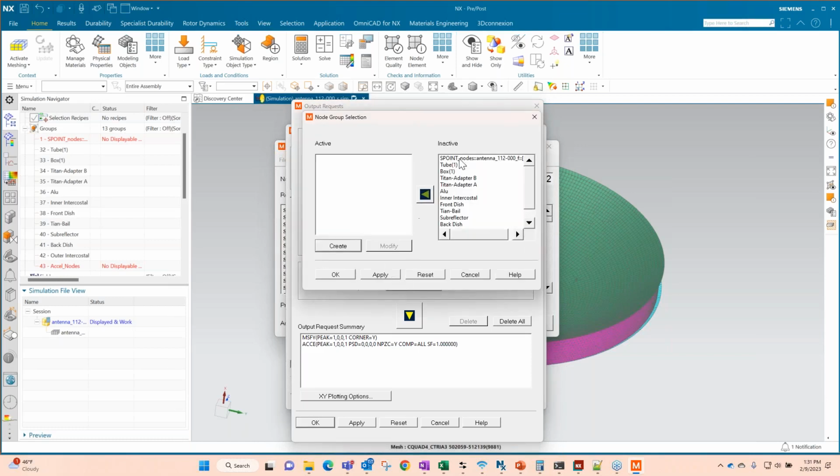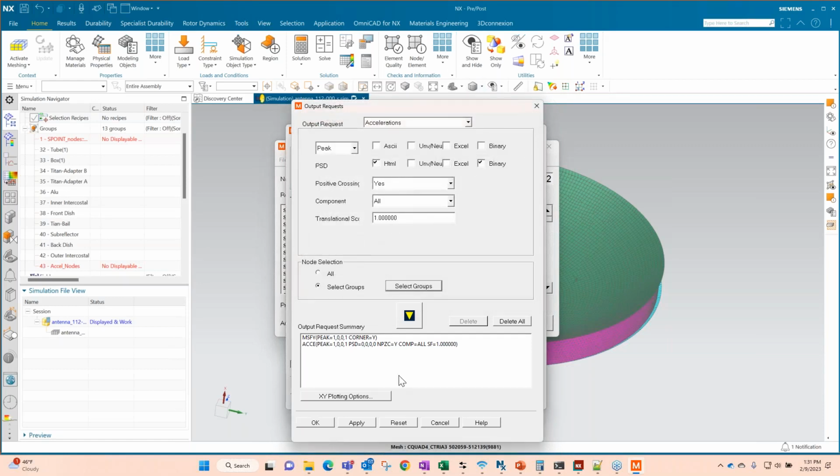And now, this is fast enough, I could run plots for all the nodes. I think there's a limit of 5,000, but I could run it for all of them if I want. But I just picked certain nodes. I don't want to see a plot for every single one. And we'll set that there. And let's say we want to look at displacements. Again, we'll just put that in here. I'll run that for all of them. And we'll click OK there.